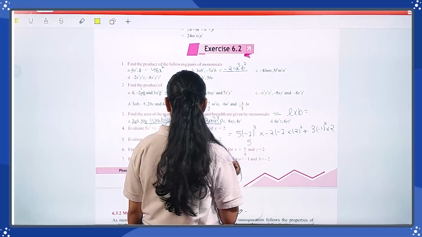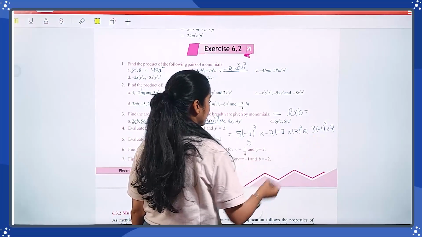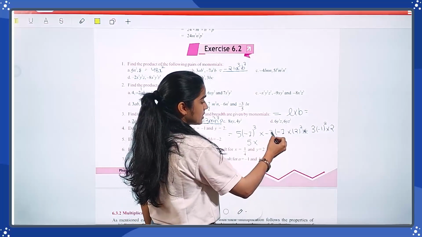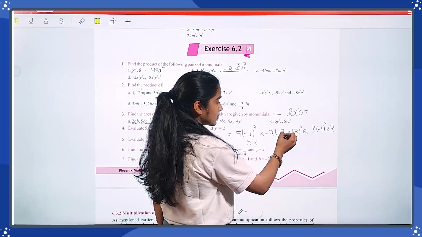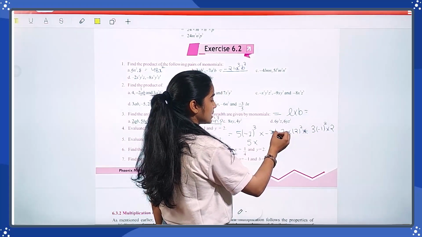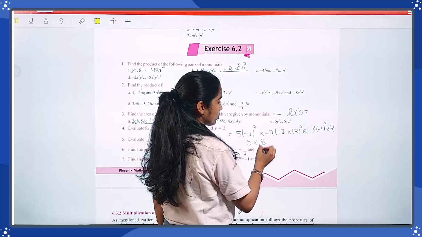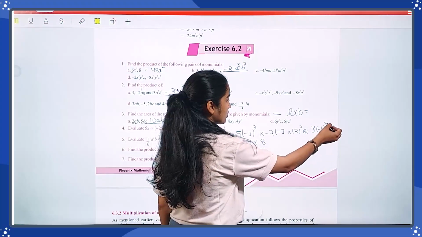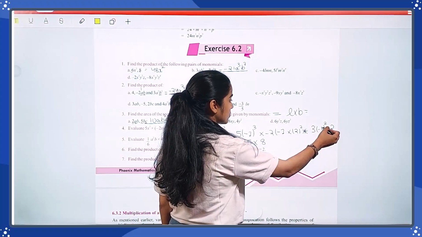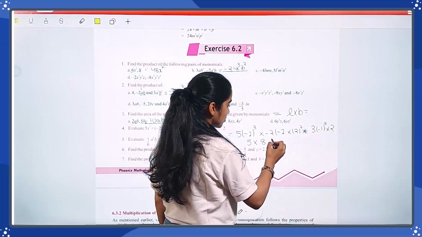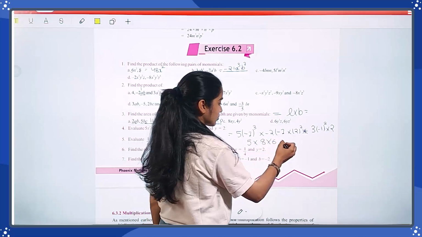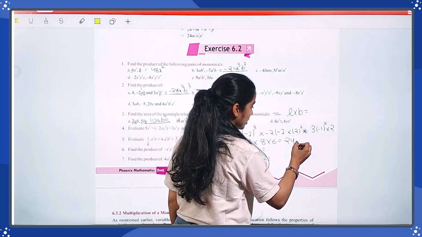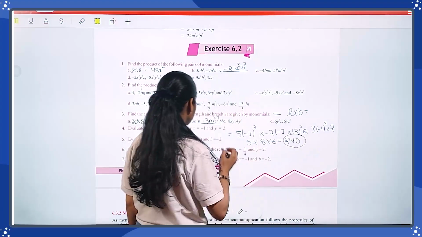Then we have, this is not a sign of... now multiply minus minus, first we have to solve the bracket. 4 multiplied by minus 1 is minus 4. Minus 4 multiplied by minus 2 is 8 only. Then minus 1 square is only 1. 3 multiplied by 1 is 3. 3 multiplied by 2 is 6. So multiply by 6. 5 8s are 40 and 6 4s are 24, so this is your final answer, 240.